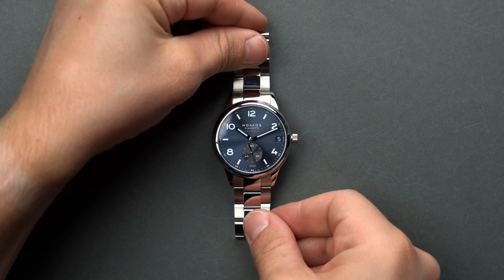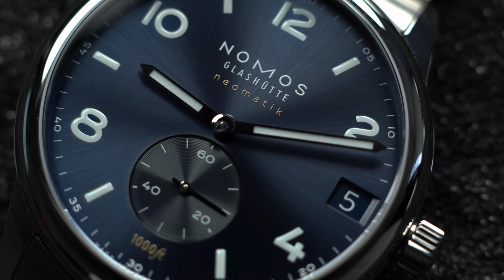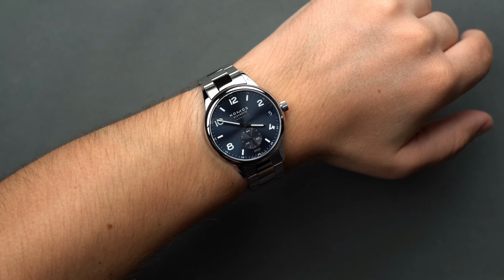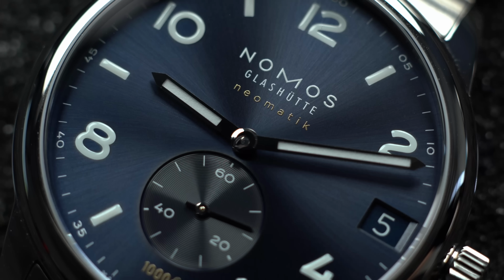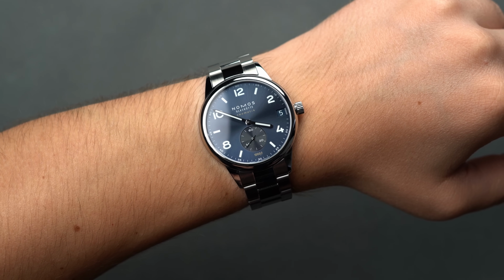A watch is an EDC essential in every season, but there are watches that are better suited for the summer than others. One of our favorite summer watches is brought to you by Nomos, and that would be the Club Sport Neomatik 42 Date. Why? Well, we're of the belief that this combines a classic steel sports watch air that can be dressed up or dressed down with ease, a beautiful sunburst textured deep blue dial, and comes with surprising utility by way of 1,000